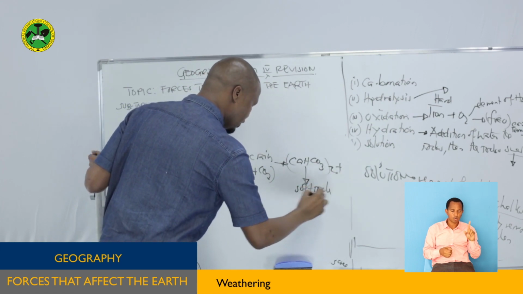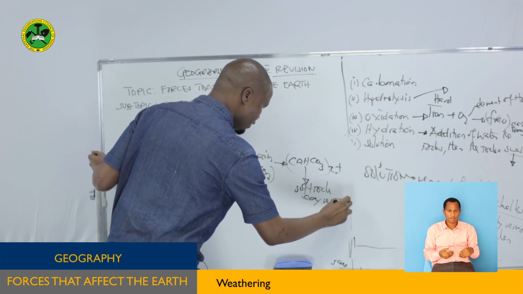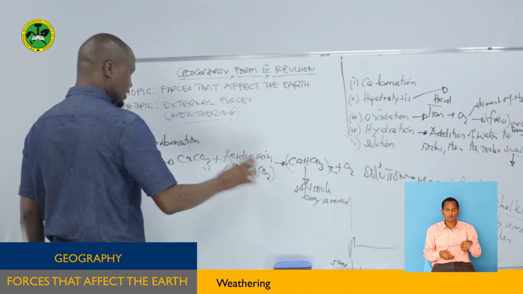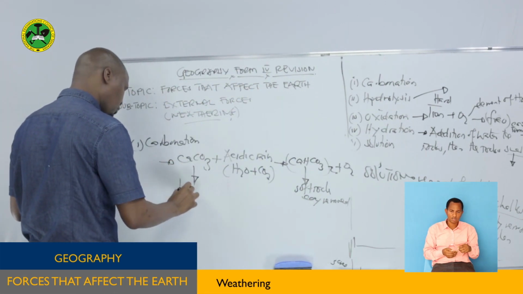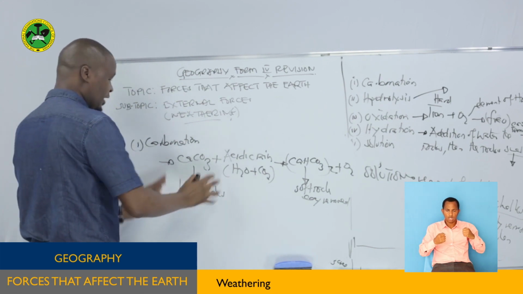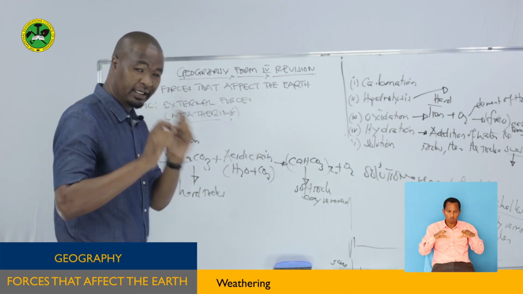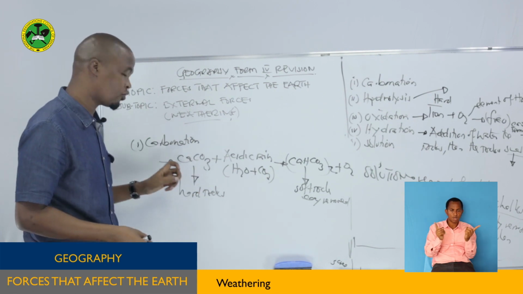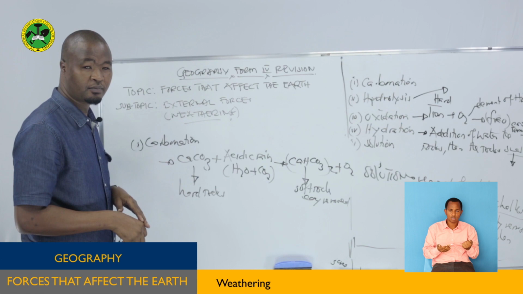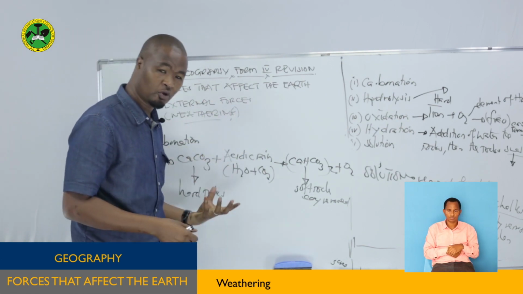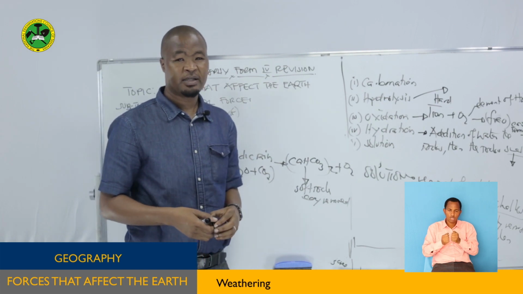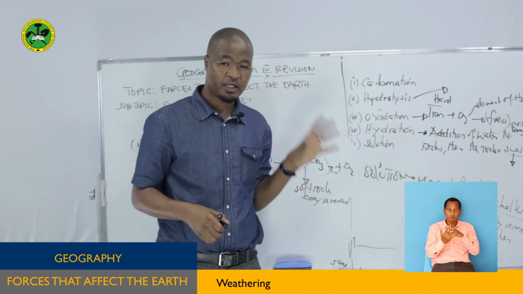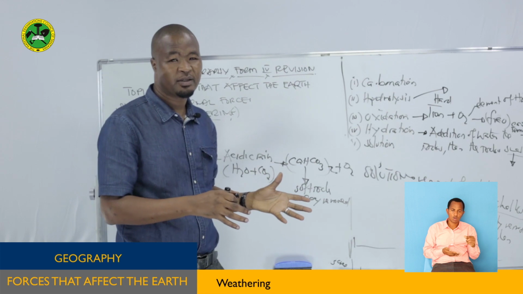It is a soft rock, removed by the erosion agent. Are we together? So the point is, this one is a hard rock. Once the hard rock reacts with the acidic rain, there is a reaction between the acidic rain and the minerals in the calcium carbonate rock. So the hard rock may be changed into the soft rock and then easily removed by the agent of erosion and disintegrated into the smallest particles. So these are the roles of temperature and rainfall as part of the climate. So talking